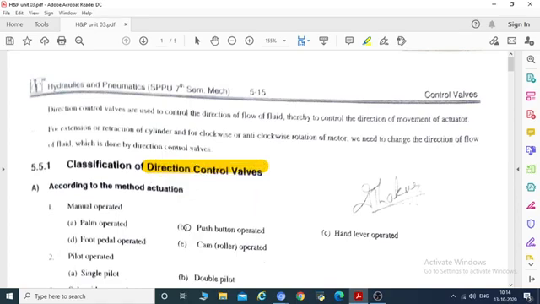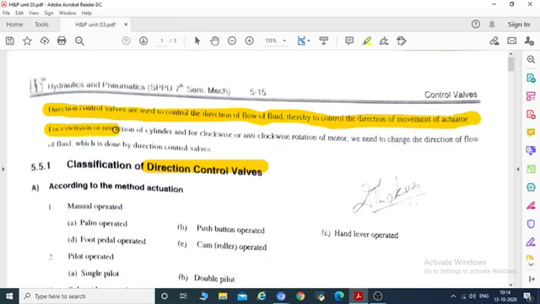The direction control valves are used to control the direction of the flow, thereby to control the direction of movement of the actuator for extension or retraction of a cylinder, and for clockwise or anti-clockwise rotation of the motor. We need to change the direction of the flow of fluid, which is done by the direction control valves.